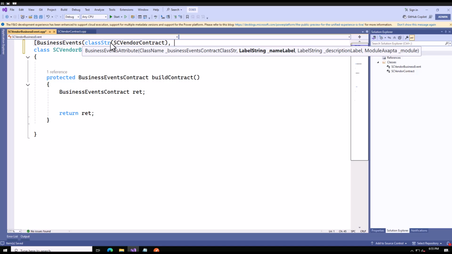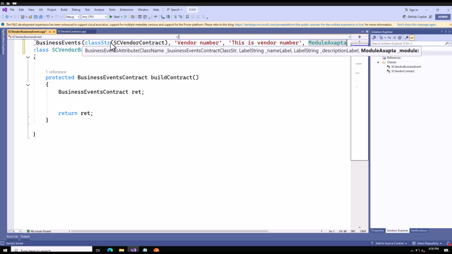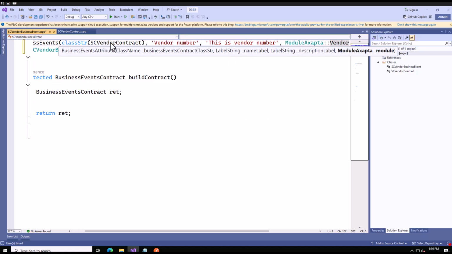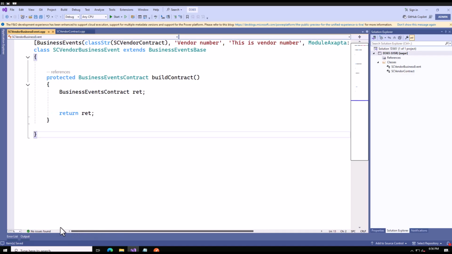Now the next thing is that I need to give a label. So I will say vendor info, or I can say vendor number, and then I need to give a description. This is vendor number, something like this. And the next thing is that you need to provide under which module you want this. So I can say I need this inside my vendor, and I can close my class, and then I can close my attribute type. So let me go here. Yeah, here now this is fine. Okay,